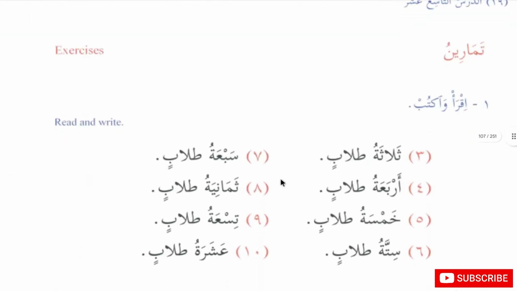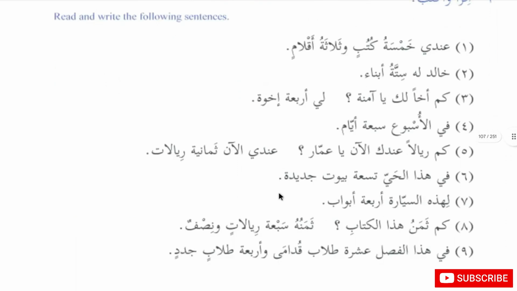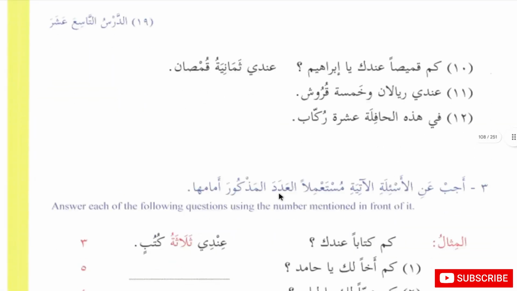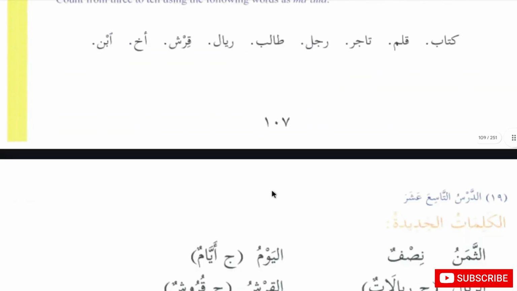Some more practice. If you have any questions, please make sure to list them in the comments below. Here are some new words. Thaman means the price or value. Nisf means half. Al-yawmu,